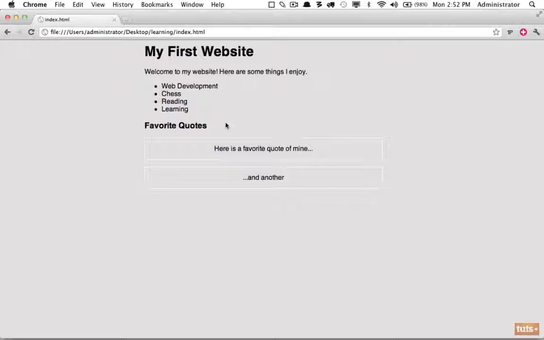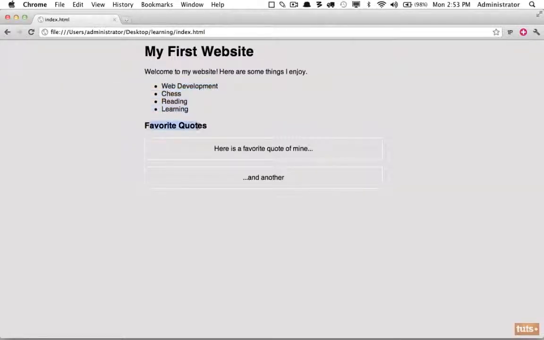When creating your own website and deciding what elements to use, it's helpful to describe what each section is. So for example, we have our body, which is this whole window here, and it looks like it has a different background color. And then we have a top level heading here, and then we have just a little bit that describes our website, a paragraph, and then we have a list of some things that I enjoy, and then